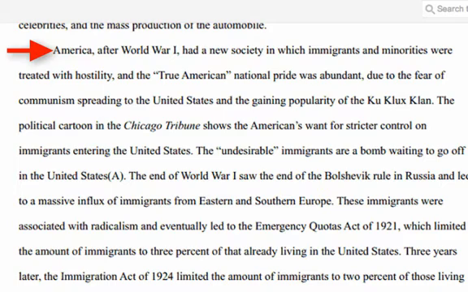Notice how this topic sentence, like the thesis statement, is very specific without really being factual. What the student is saying is, hey look, there were a lot of changes that took place for immigrants based upon fears of communism and the growth of the Ku Klux Klan. Now at the very end we get a little bit too specific with the Ku Klux Klan, but overall this is a really good topic sentence because it tells us what the major argument of this paragraph is going to be without being too factually specific.